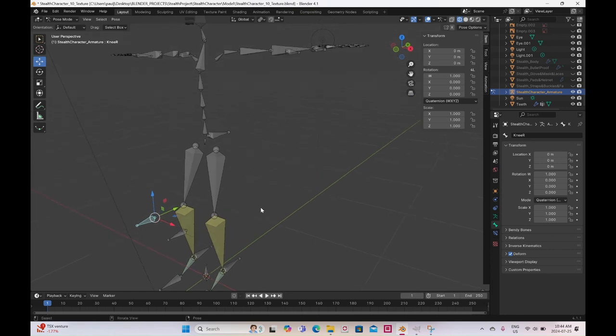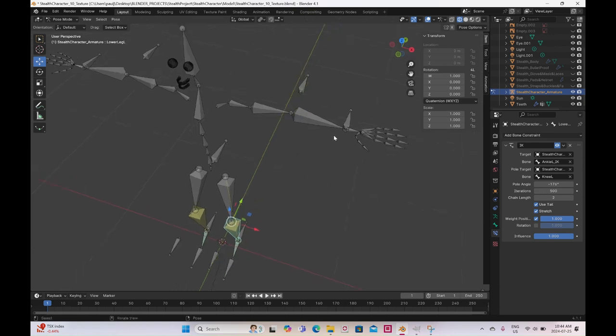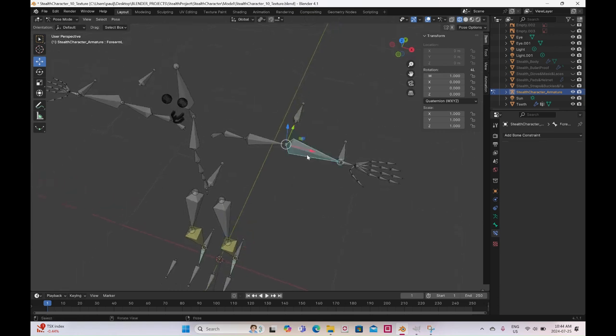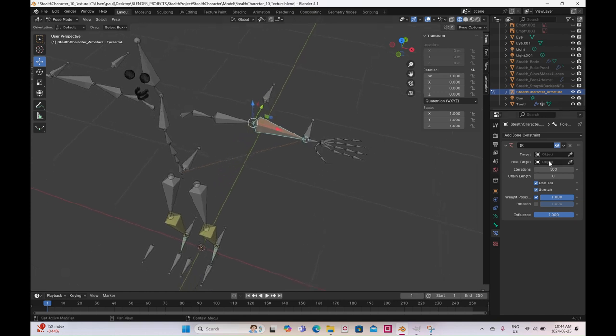Now I gotta do the exact same thing for the arms. So for the legs I started with the lower leg. I got the lower leg to add the IK. So with the arms, I'm grabbing the forearm, constraint, specify armature, wrist IK left,